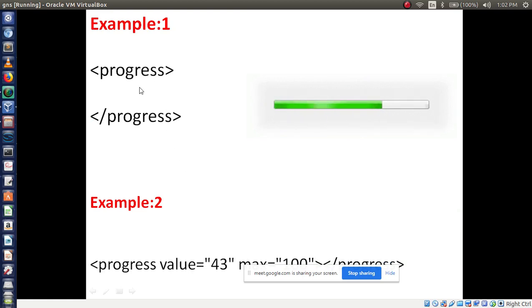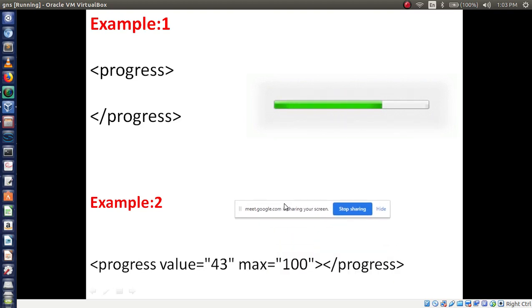If you use a code like this, it will display this. Without a value it will still display. Or if you use progress value 43, then maximum value 100. After reaching the maximum value the icon disappears, because it shows your task is complete, whether you are uploading or downloading any file.